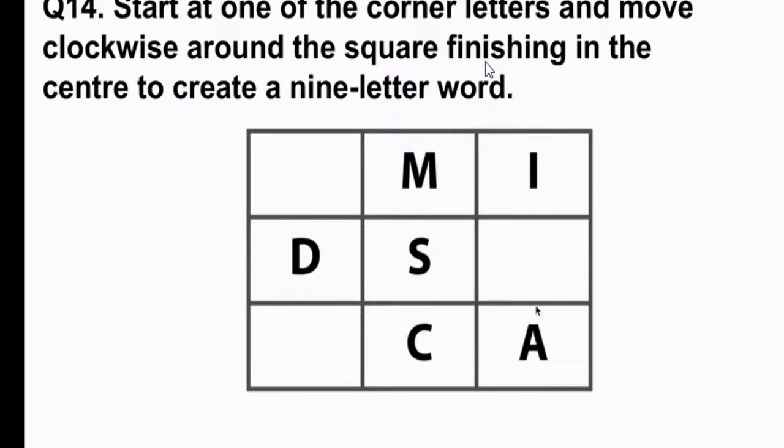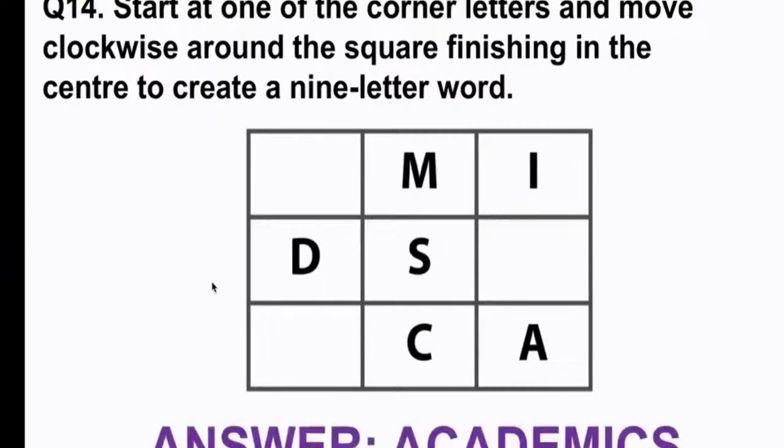So if you look at that for a second, it could start with I, but then you'd have to fill in the blank, A, C. I can't think of any words starting with I, blank, A, C, blank, D, M, S. I think it's A, C, something, D, something, M, S. And I think the word is academics. Okay, A, C, A, D, E, M, I, C, S.